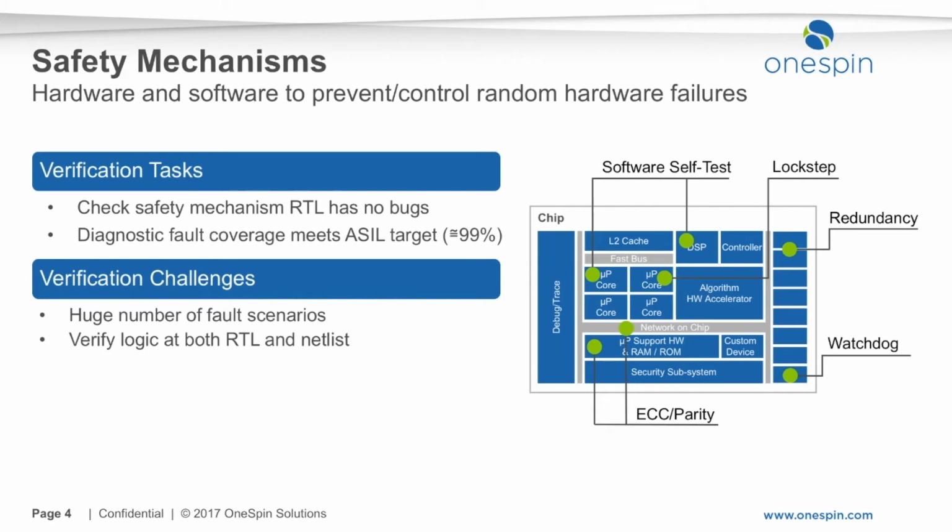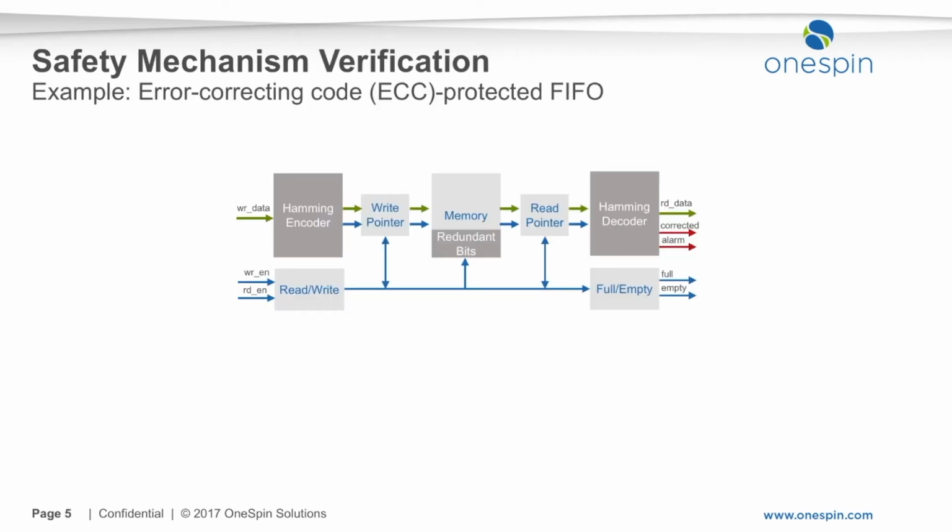Depending on the specific task and development stage, the analysis might have to be done on both the RTL and netlist. As a result, we need solutions that work at both abstraction levels and can efficiently handle tremendous numbers of faults on complex designs. Let's look at a simple example of a safety mechanism, an error-correcting code, or ECC, protected